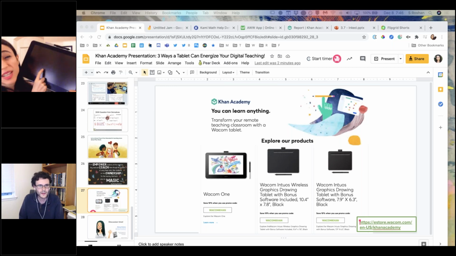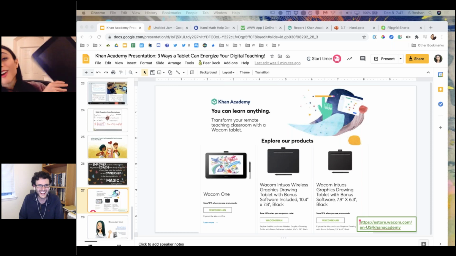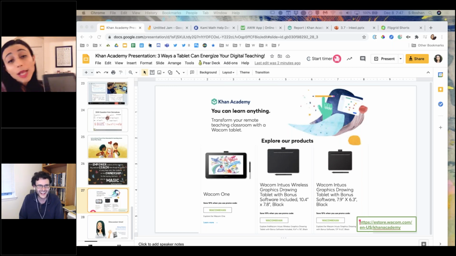I don't have it plugged in right now because I was afraid with all these people on that my internet would lag when I had too many screens plugged in. I have so many things plugged into my computer right now. So that's why I don't have it on, but pretty much I keep this plugged into my computer all the time. So you plug it in with a USB. You also do have to power this one into a wall. So that's just something to know.